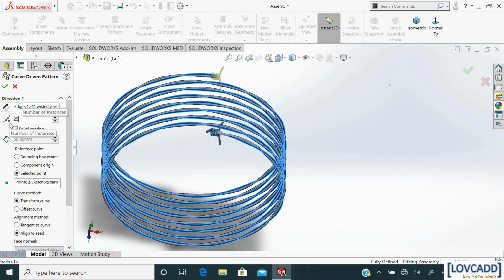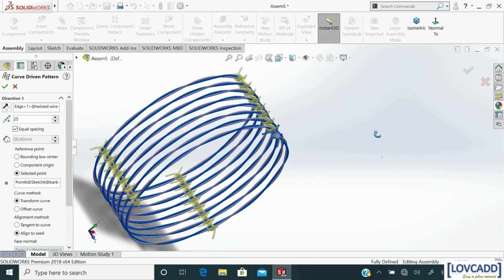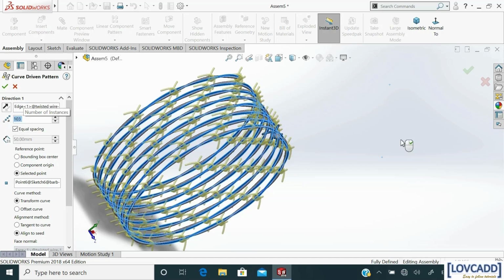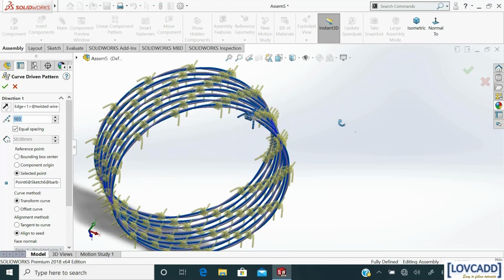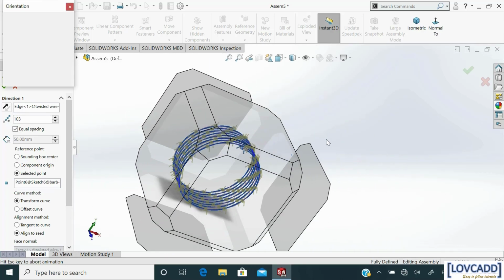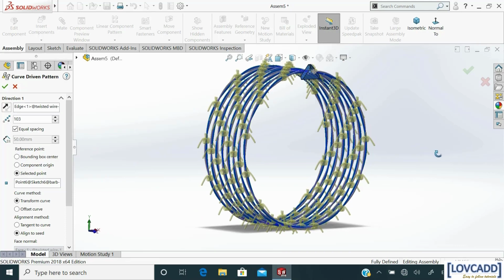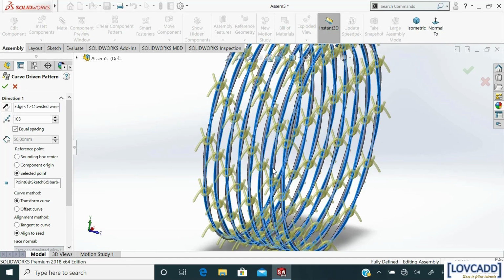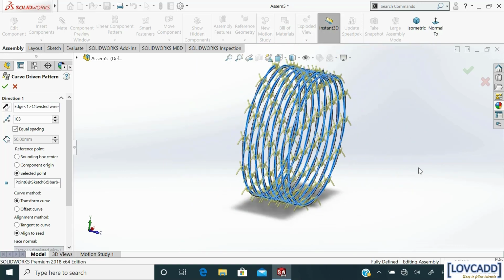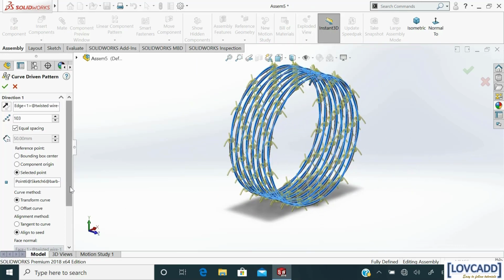When we select align to the seed, all the barbs are placed in this direction, just like the first barb. So what we have to do is make this barb tangent to the wire.